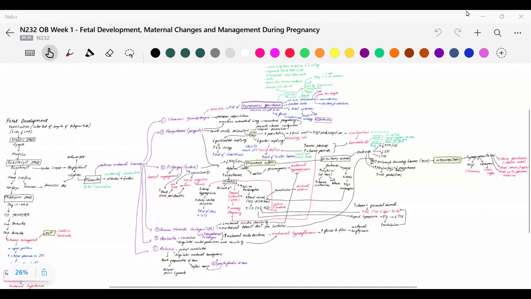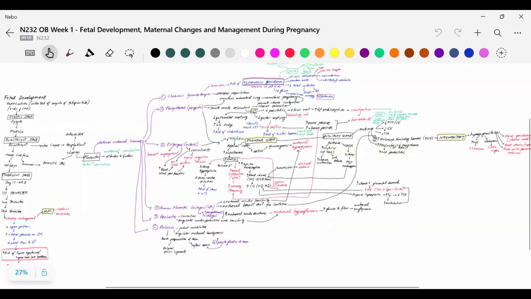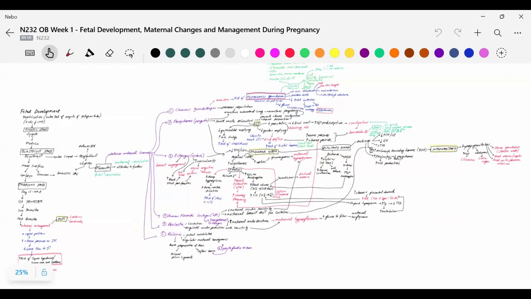All right, so we'll start with the concept map. You can see I actually combined chapters here. So this is fetal development and maternal changes during pregnancy, okay? So I start with normal physiology, and then we kind of talk about what happens after that. This part right here